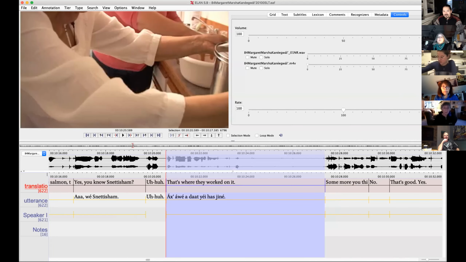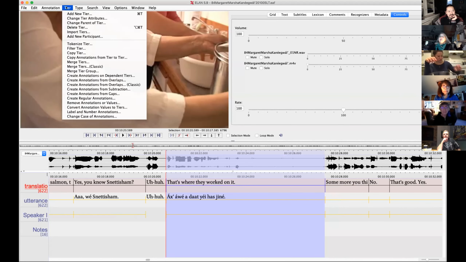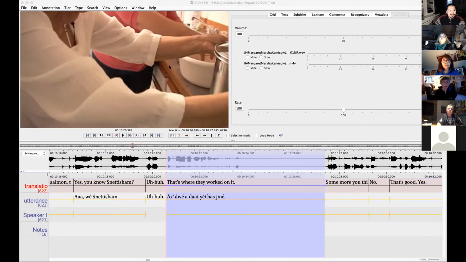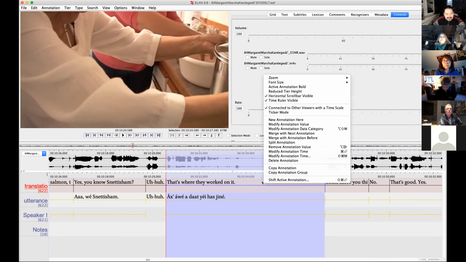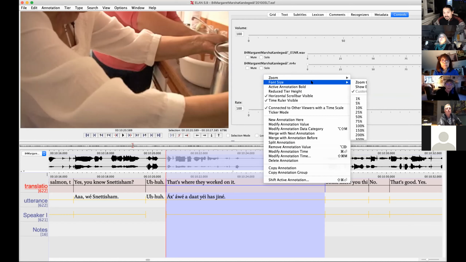I might have to just share my whole screen. Hold on. Can you see it if I right click on there and there? Can you see that pop up? Okay. Can you folks see if I do this? Can you see that pop up menu? Okay, good. So right clicking on here is how you're going to do both the font size and the